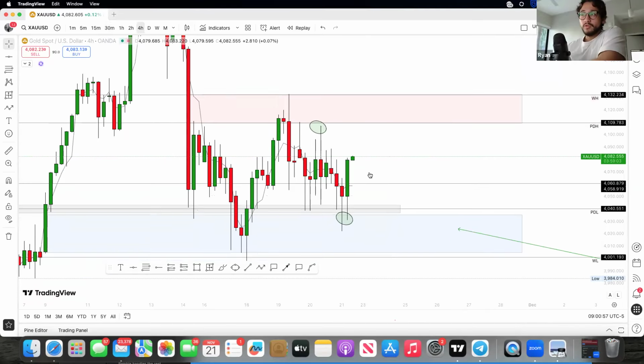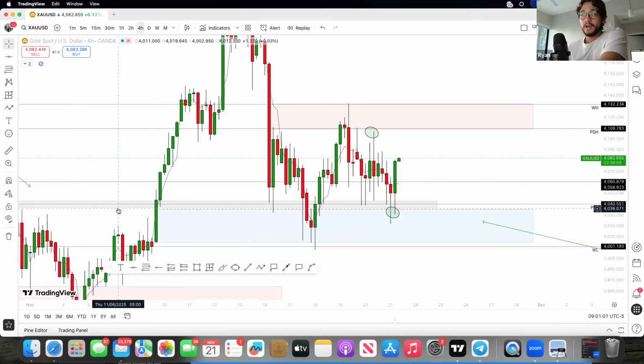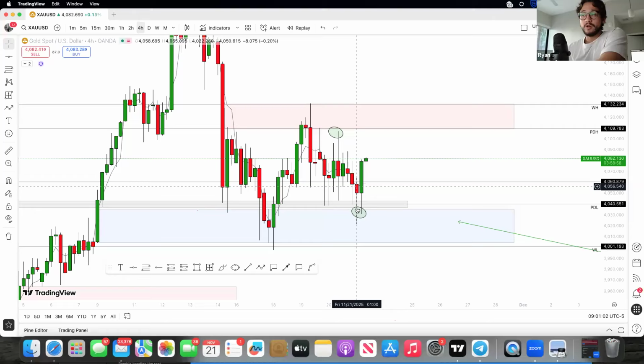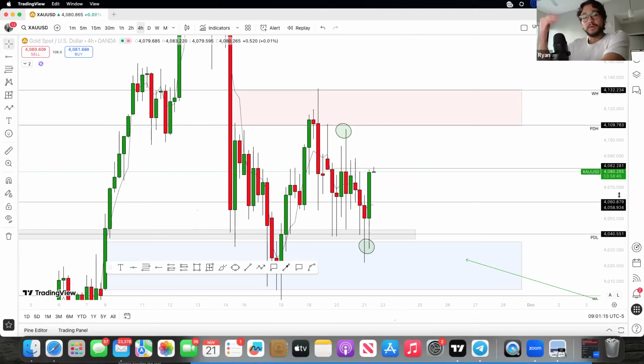Right? We respected these lows. We had a push towards the downside. We respected our major lows over here. Price action had a perfect, nice liquidity sweep towards the downside. We have a nice 4 hour bullish engulfing candle breaking and closing above. We're coming back towards these highs over here, which can be zones where price action can have a potential of